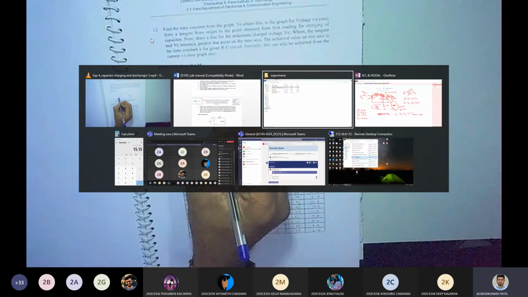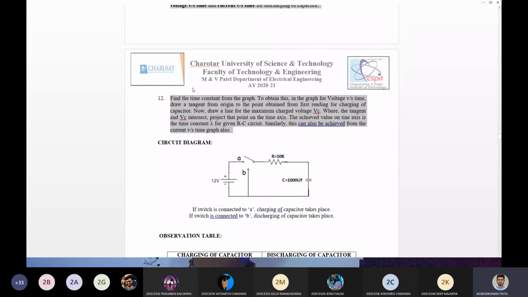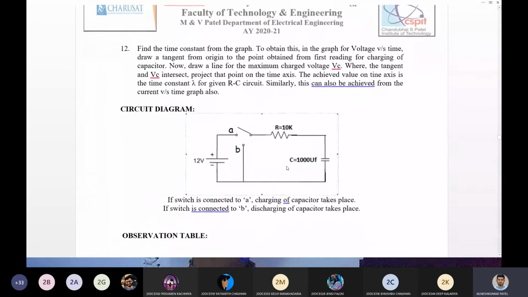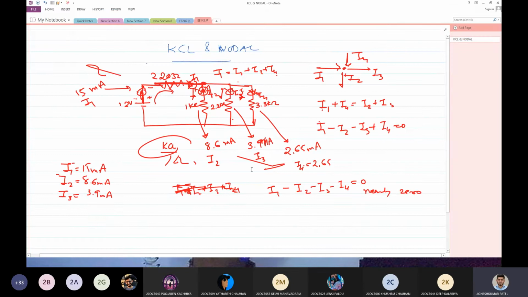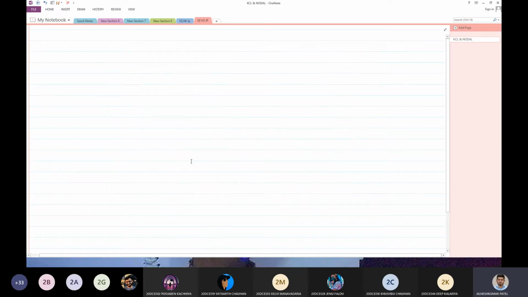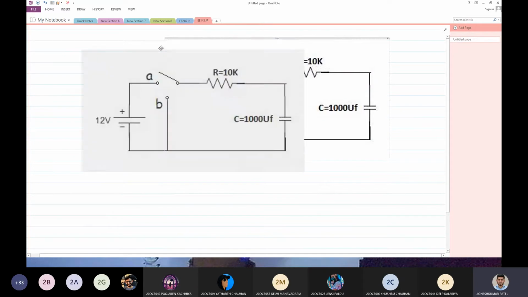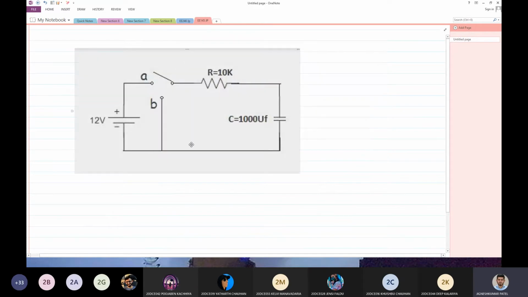Now I'll show one circuitry over here. Let me show the exact circuitry. This is the actual real circuit that you are going to perform the experiment on. This is how it will look in your experiment kit as well. What we are going to do is first start with the capacitor in a fully discharged state. So this would be in a fully discharged state initially.